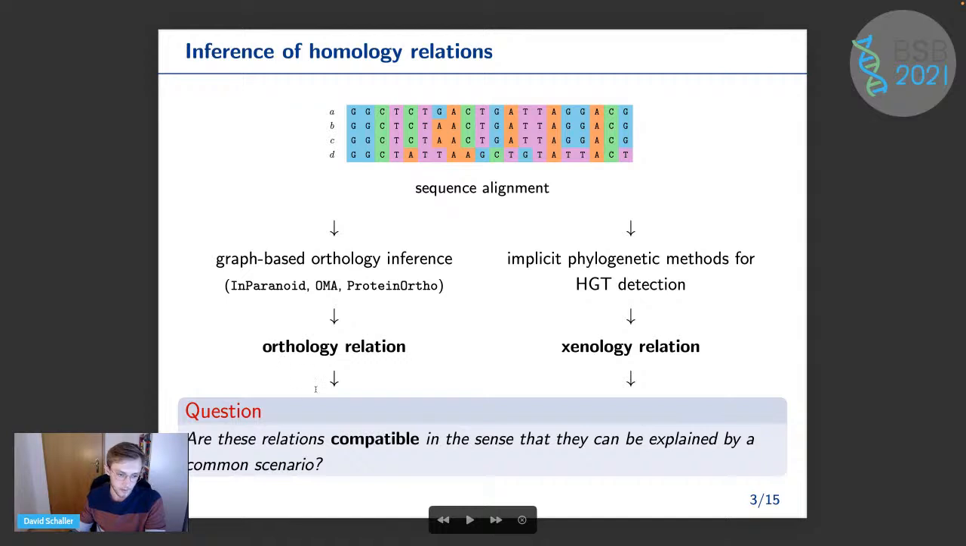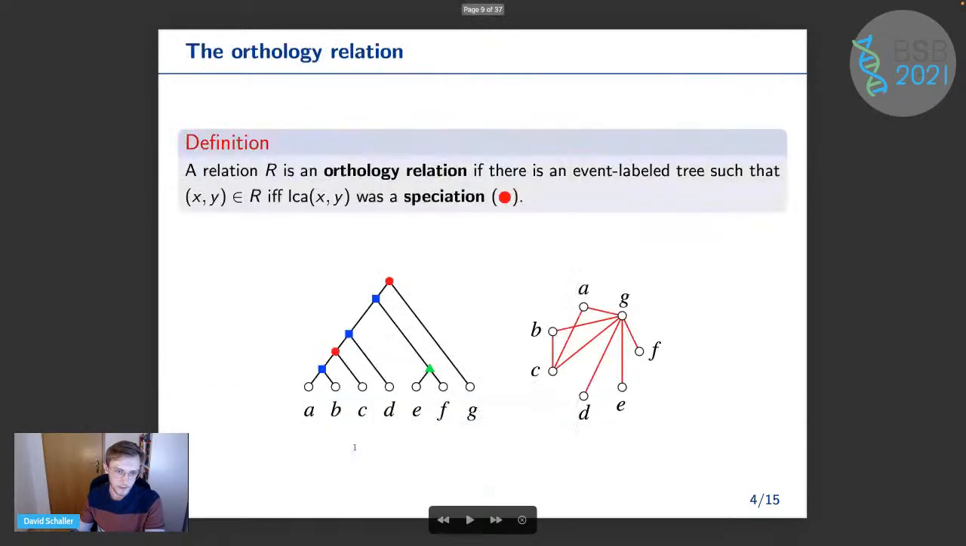And in the second part, I will turn to this question, when are they compatible, and answer this from a mathematical point of view. So let's get started with orthology. Orthology is defined in terms of event-labeled or vertex-labeled gene trees. So we assign to all inner vertices a specific type of event, like speciations. And we say that two leaves are orthologous if their last common ancestor was a speciation, as for example, A